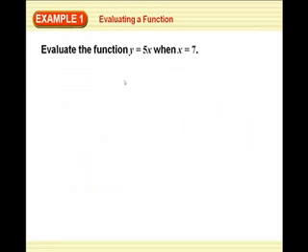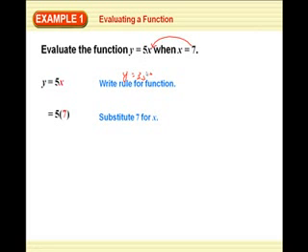So evaluate the function y equals 5x when x is 7. So all you're doing is saying, hey, we're going to put a 7 in our machine, it goes in there, and when it comes out, what's 5 times 7? y equals 35. So it's kind of a fancy way to ask you to evaluate an expression. Put the 7 in,